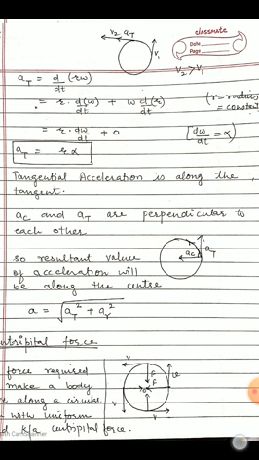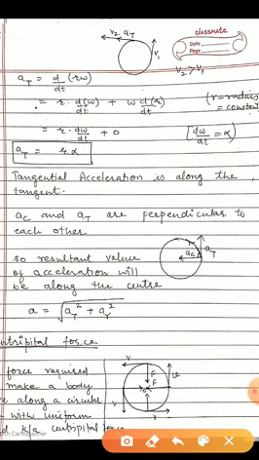As you all know, the radius of the circle is always constant, so a constant value has zero differentiation and the second term becomes 0, and the first term you have is r into d omega by dt. And now this d omega by dt is the angular acceleration, and you will write it as at, that is the tangential acceleration, is equal to r into alpha. This is the acceleration along the tangent.